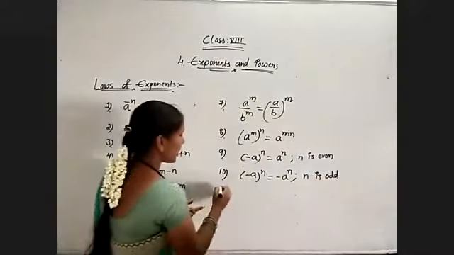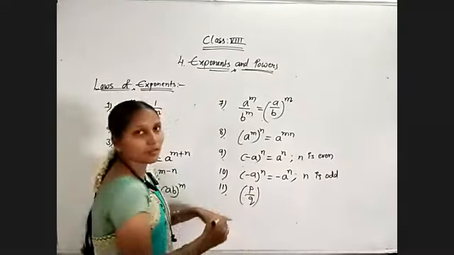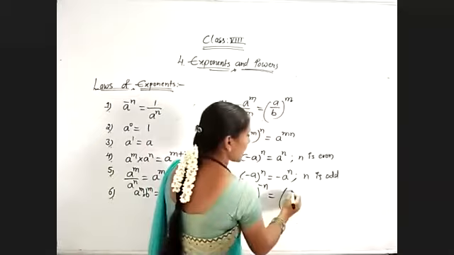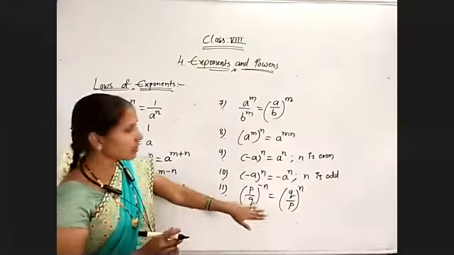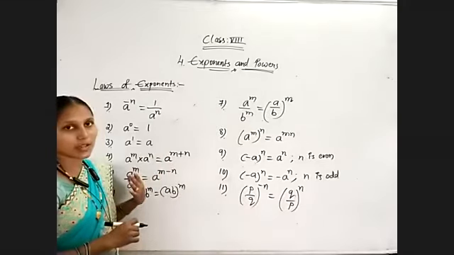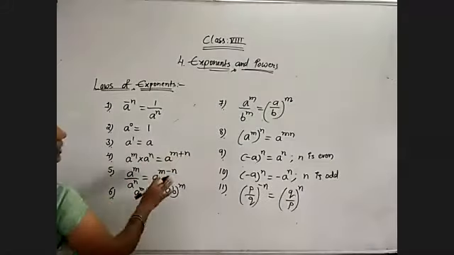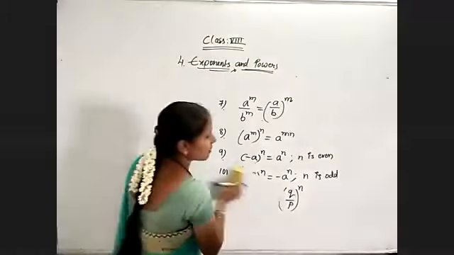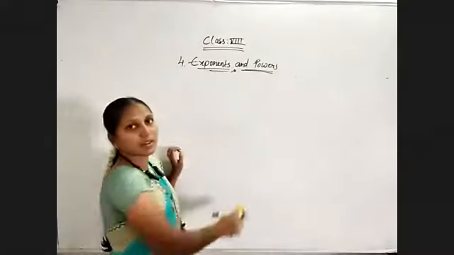And one more law also we have used when the question is in the rational number form, p by q form, and if it is having negative exponent, by taking its reciprocal q by p, exponent will become positive. Yes, these are many laws we have used in the 10 examples, whatever we have discussed previously. Now we will start with the exercise problems. These laws you compulsorily need to learn. By using these laws only we can simplify any question. If the question is given in exponential form, we must know the laws.